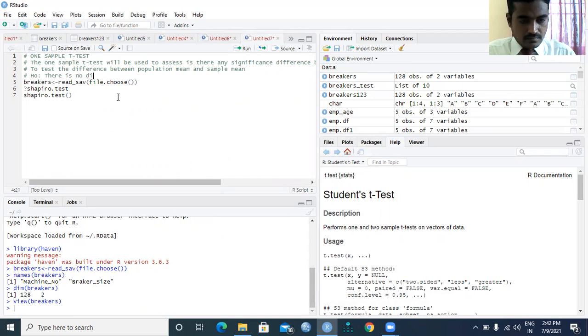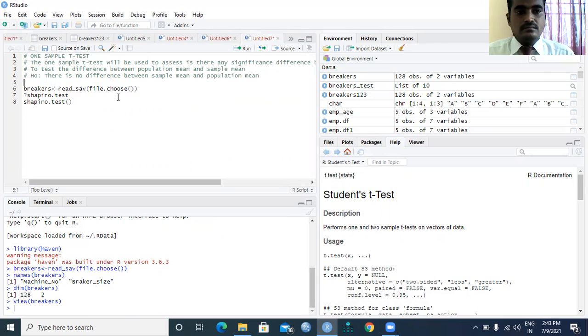There is no difference between sample mean and population mean. This tells that H naught, the mean difference is equal to 0.